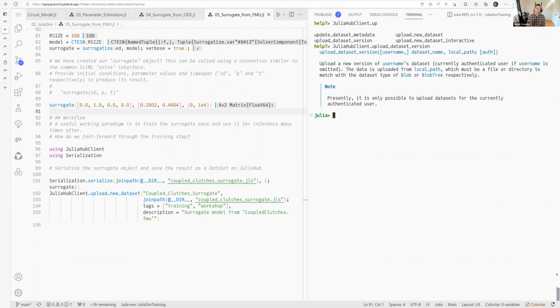So as I'm working with this, I can iteratively tweak my parameter space or any of my sampling spaces. I can generate more samples. When I feel like I have a new surrogate that is potentially a better fit for my production use case, I can upload a new version of that data set. And now that's available for me or anyone else on the platform that I give access to that data set